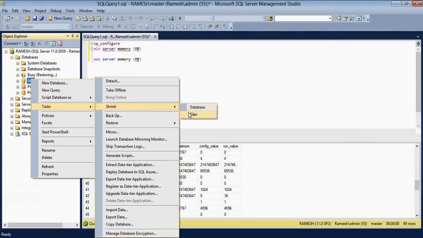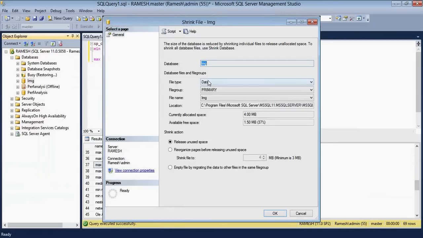If you see shrinking the database, my database has two files. One is the MDF file and the other is the LDF file, which is a log file. Shrinking the log file also kills the performance of your database server unless it is very huge. If your database initial size is 12 GB and your LDF file is 16 GB, then for obvious reasons you have to shrink your LDF file. But if you try to shrink the data file,